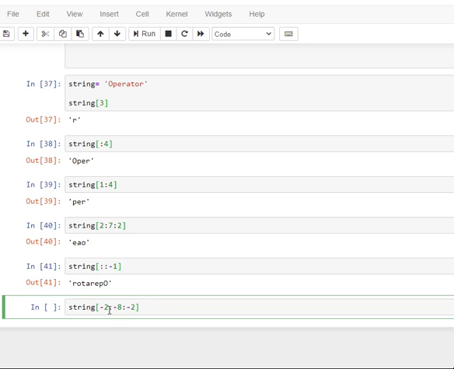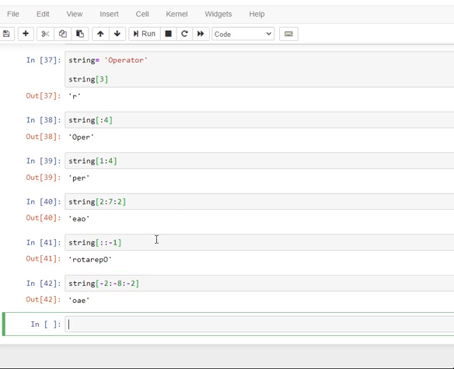And in this way, I want to start my index at -2. So the -2 index starts from right to left. From right to left, indexing starts from -1, -2. So it's going to start from this one, from OPERATOR, and it's going to give me the result with an increment of 2. So the result of this will be